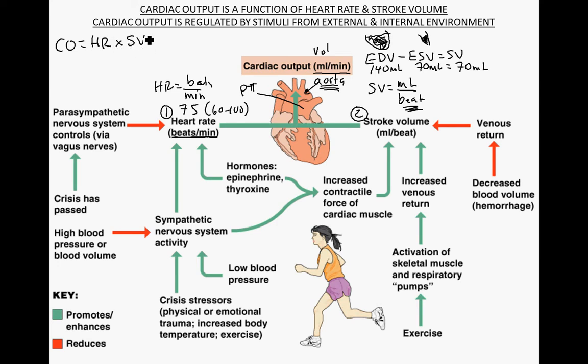So if it's heart rate, this is 75 beats per minute, right? And then multiplied by the stroke volume, which we said over there it was 70 milliliters per beat. Right? You notice that the beats cancel here, and you're left with 5,250 milliliters per minute. So this 5,250 milliliters per minute is about the entire volume of blood that's in your